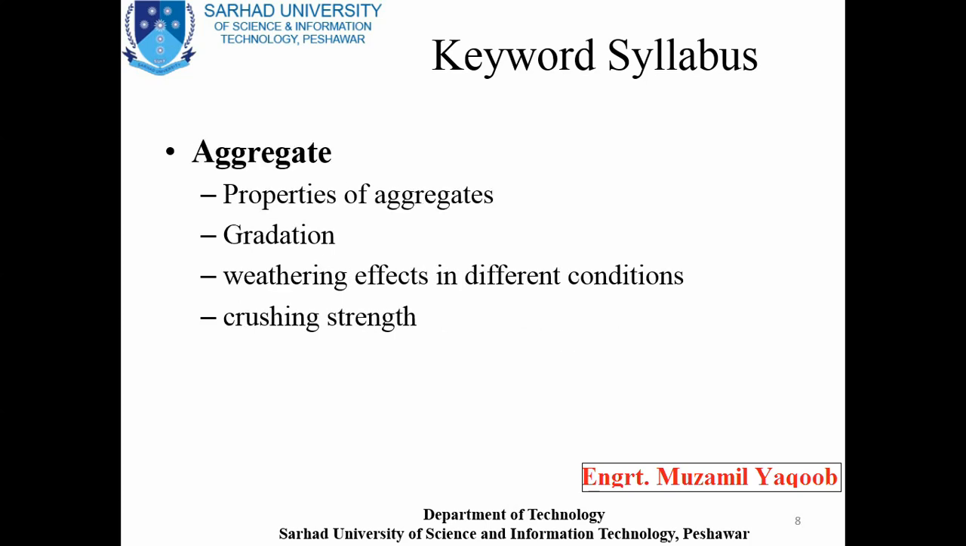Now the third chapter is aggregates, in which we will study its two main types, which are fine aggregates and coarse aggregates, normally used in making concrete. Then we will move to the next topic, which is properties of aggregates. In properties, our main focus will be on its physical properties, mainly studying its shape, size, meaning maximum size distribution